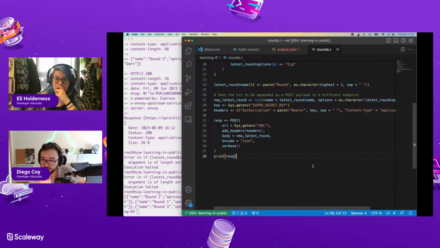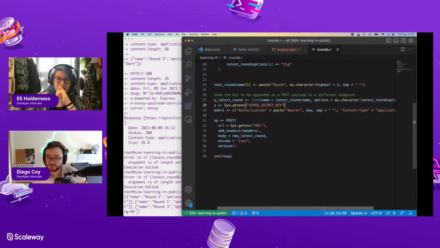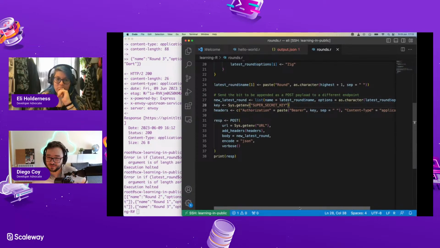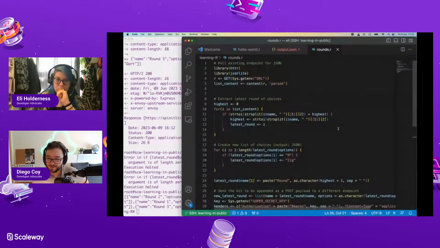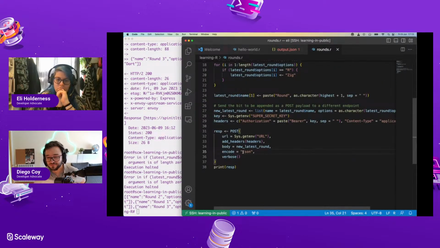It thinks that whatever is in this thing is not taking the second bit of it. Options, it thinks is null. Wait, can you mash that up with the toJSON function using auto unbox equals true? Yep.